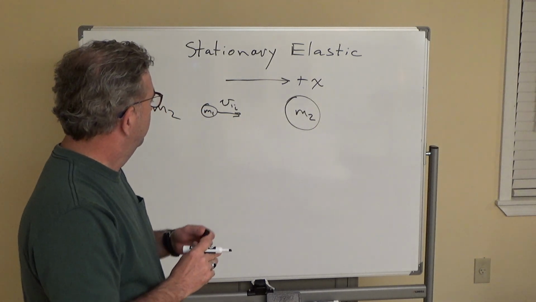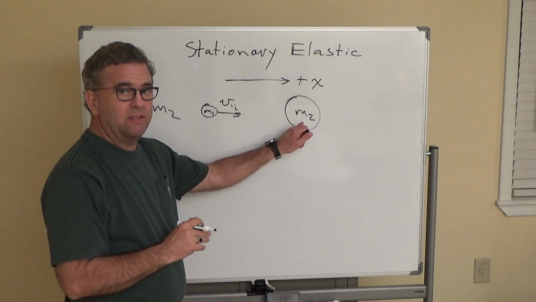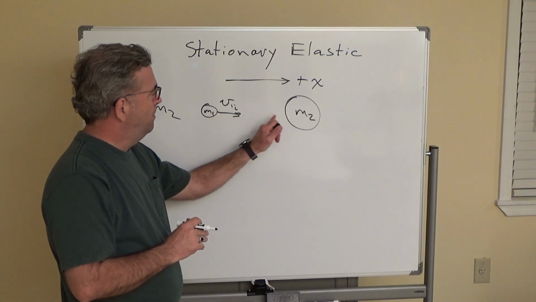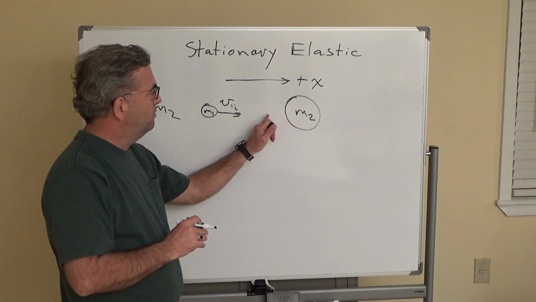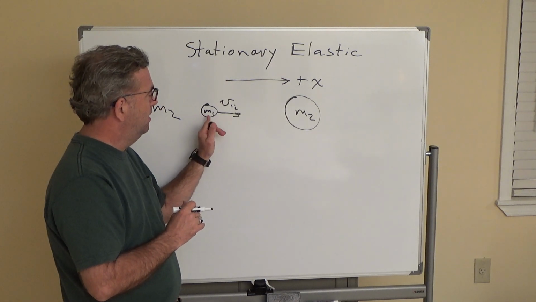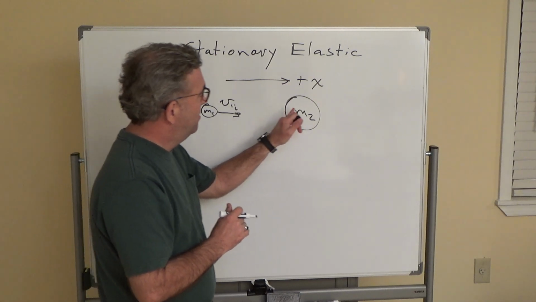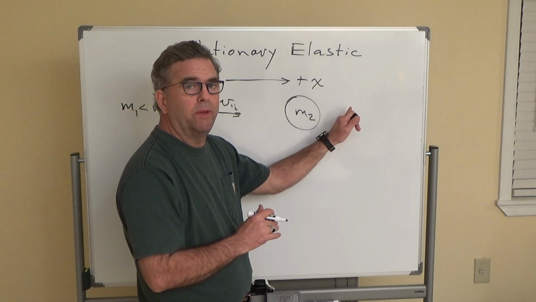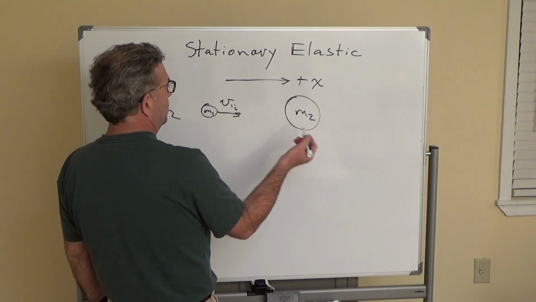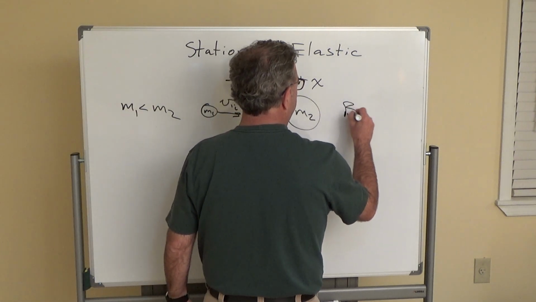Well, this has less mass than this. This is going to come in. It's going to bounce off, depending on the relative masses and the velocity. It's going to bounce off and go in the other direction, and this one's going to go forward a little bit. Okay? So this is before the collision,